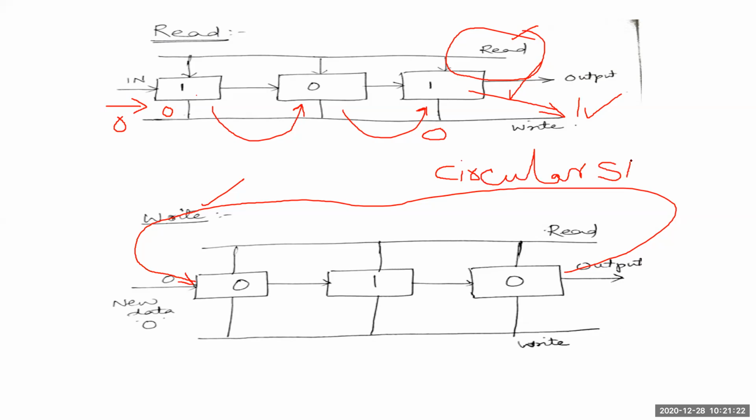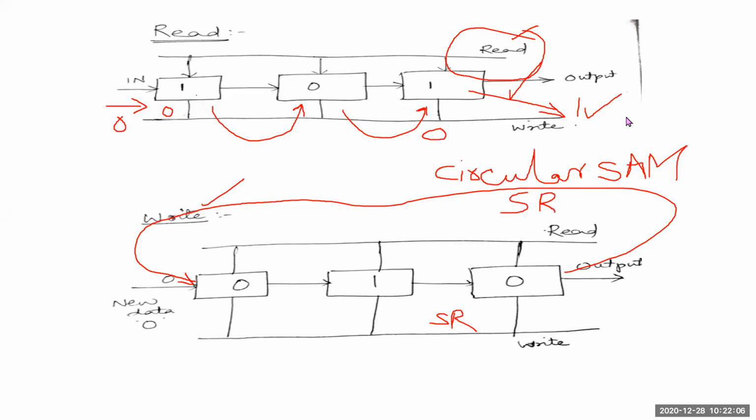And you might have observed up to now, the SAM is also called a shift register. Why? Because it is shifting the data from one cell to another cell. We can even call a SAM a shift register. And in this case, if the output is connected to the input, I can call it a circular shift register also. If the output is not connected to the input, we call it simply a shift register, where it is shifting data from one cell to another cell. But if the output is connected to the input, we can even call it a circular shift register. So this is regarding what is meant by SAM with respect to an ordinary operation.